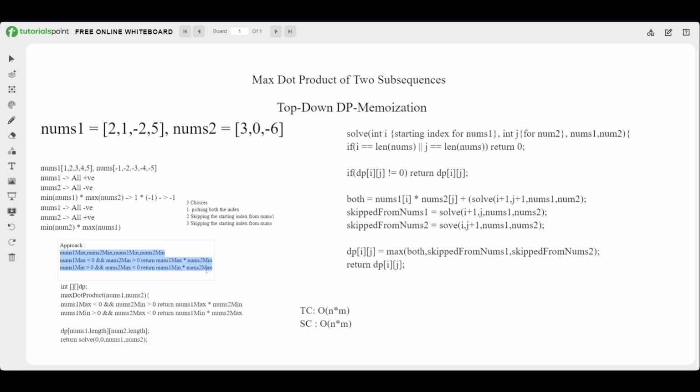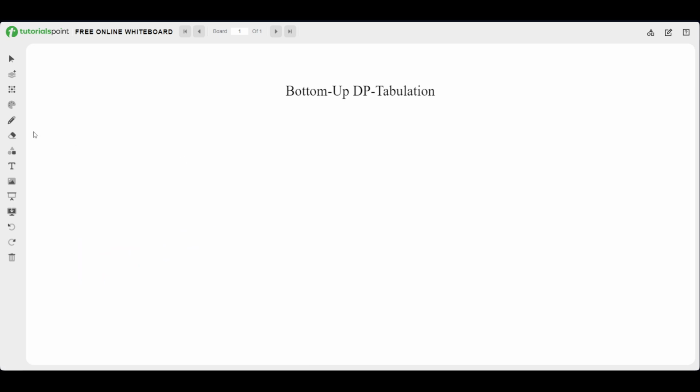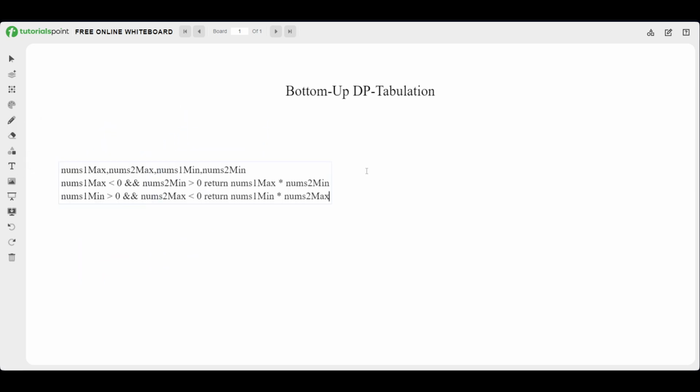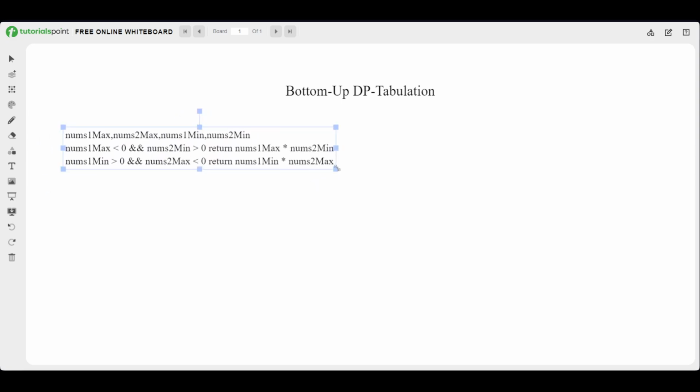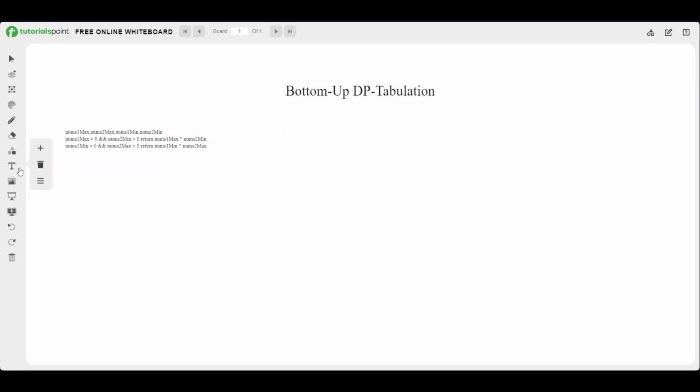This would be the base case. This would be the edge case, and this we have to check in every method which we'll be doing. This would be the first thing we'll be checking, and then I'll be writing the case for the next one. Then here we'll be declaring a DP array of size nums1 dot length + 1 to make it one based indexing,